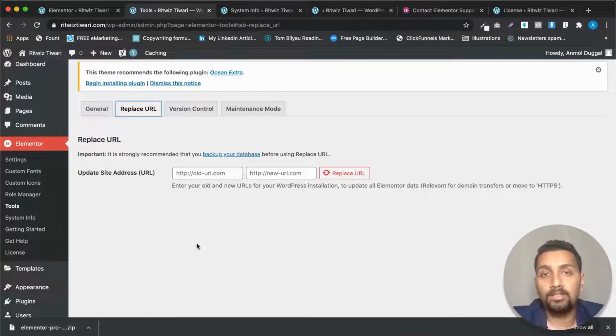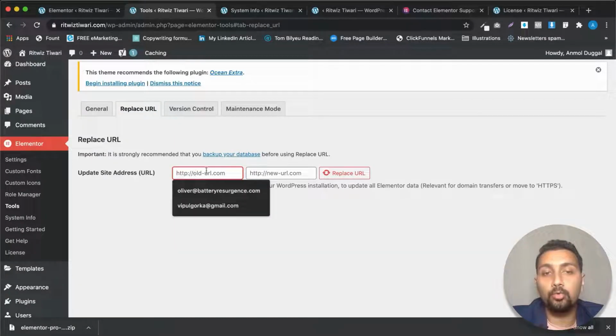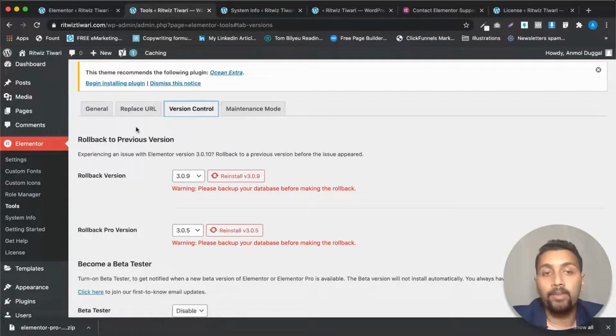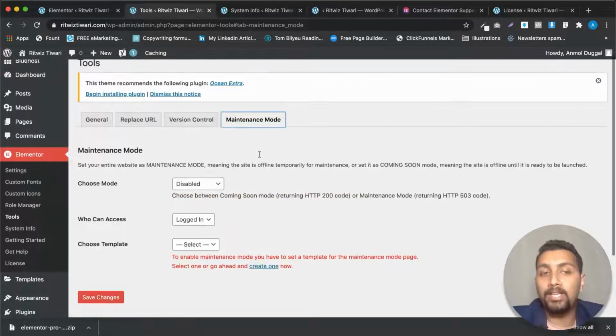Now this is some advanced stuff I'm telling you. Okay, so you want to replace the URL names. What you can do is place your old URL here and put the new URL here, and all the file names will get changed with the new URL just by clicking on this one button. It's really cool actually.